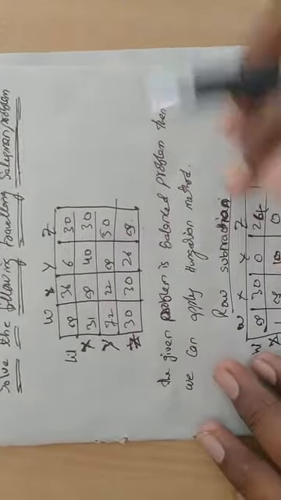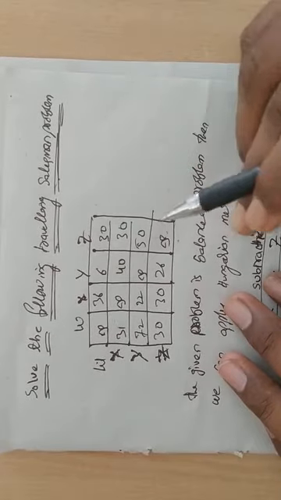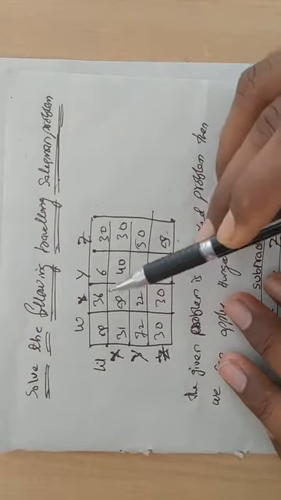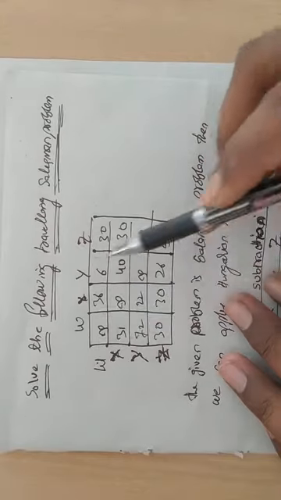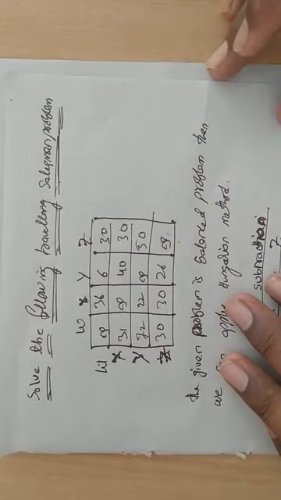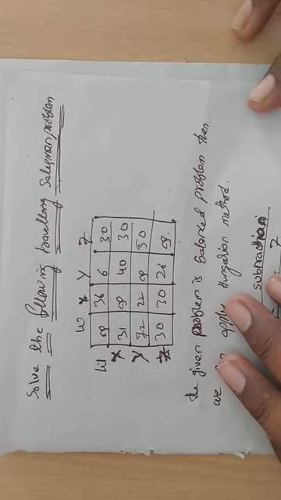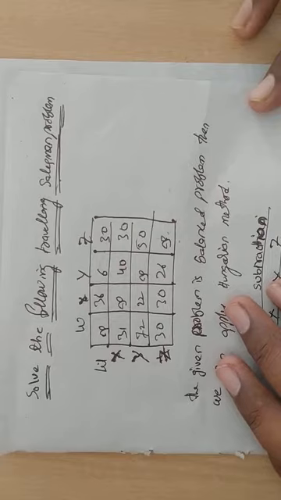Okay. So now before going to solve, first check whether the given problem is balanced or unbalanced. In our problem there are 4 rows and 4 columns, so we can say it is a balanced transportation problem. Whenever we get a balanced problem, we can apply the Hungarian method. In the Hungarian method, the first step is row subtraction, the second step is column subtraction, and the third step is making the assignment.